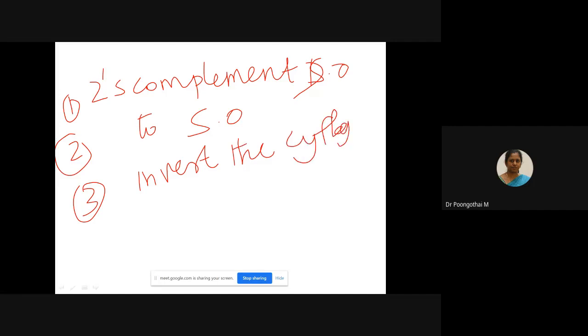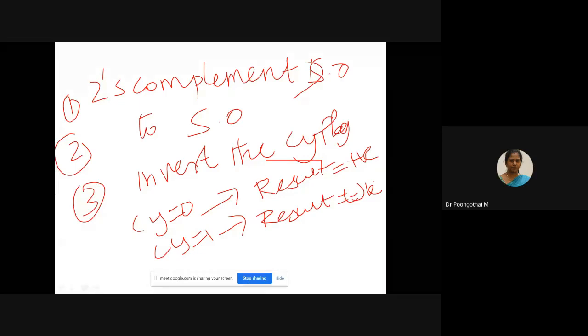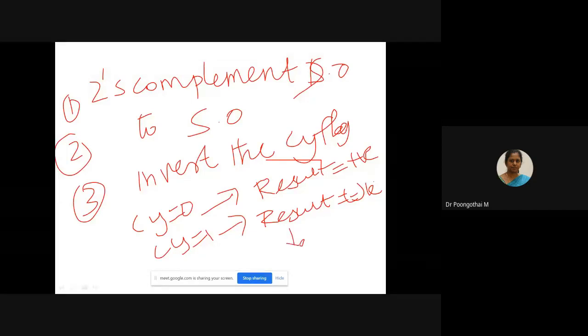So if the carry is 0 after inverting, the result is positive. Please note it down. If carry is 1, the result is in negative form, that is 2's complement form. For that, we need to convert the result from 2's complement to true form.